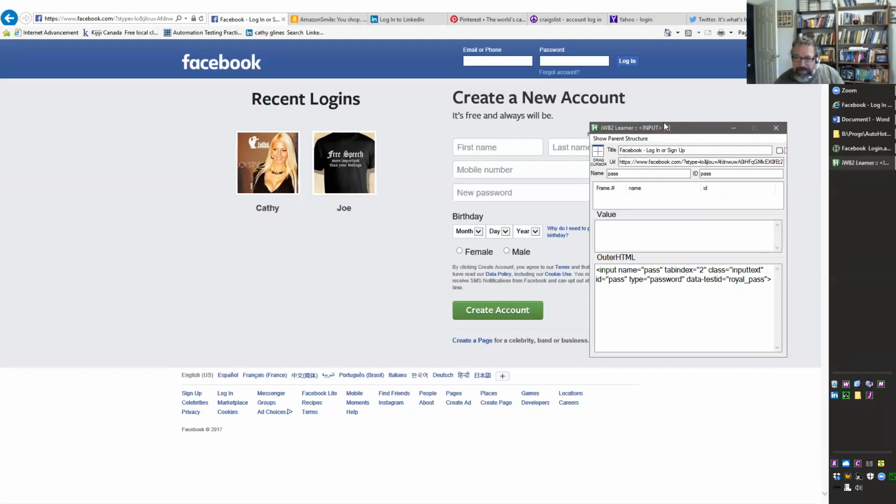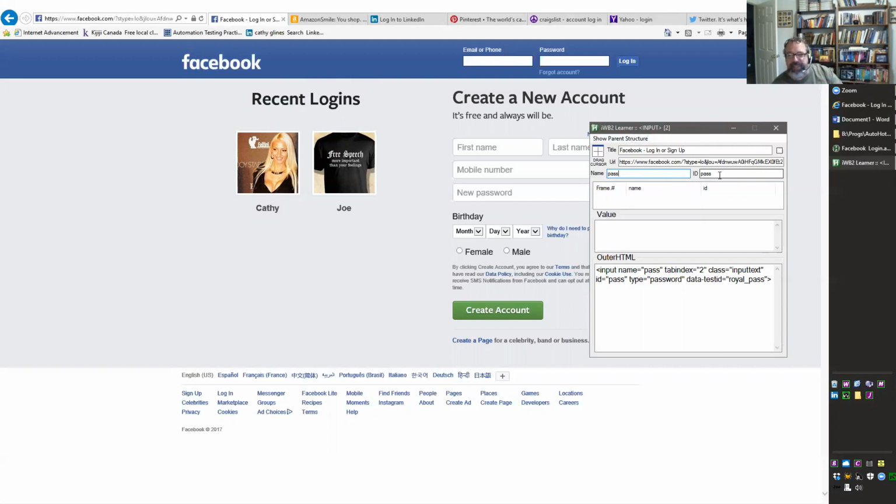But if it didn't have one of these things, you could grab it that way, right? But here's the catch: what if they added another input field over here? Then suddenly it'd be the fourth thing, which would be the third number here. That's why it's not as robust, and it's more likely to break when you start using the tag names, and that's what makes these names and IDs